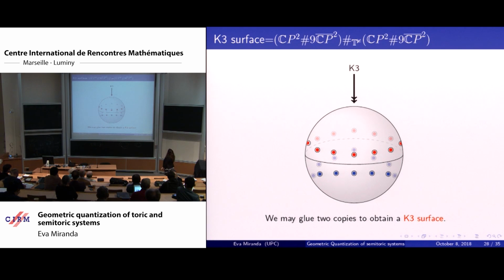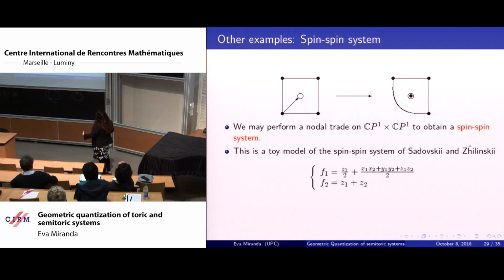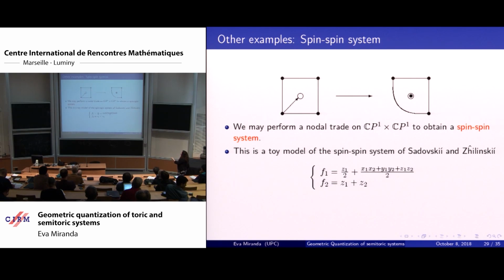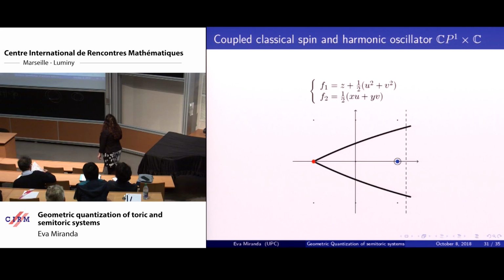Okay? Now I'm going to compute the sheaf cohomology of this K3 and compare it to the Kähler case. Of course, if I'm interested in mathematical physics, I can look at, for instance, the spin-spin system. That's quite nice. I can also look at the spin-spin system as a nodal trade of the square case. So the square is totally toric, and I just push inside one of the points. This gives me the spin-spin system, which has these first integrals. I can do games with the spherical pendulum. I don't know, Romero Soya, who's my student, likes a lot to play with these games.